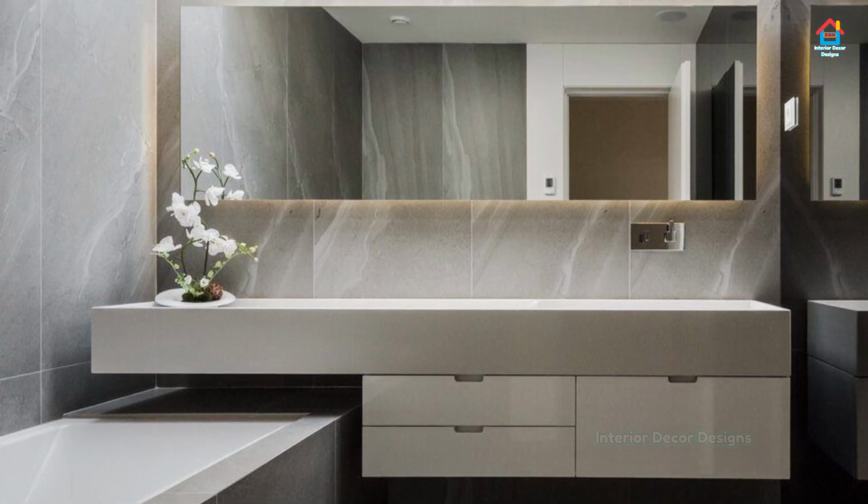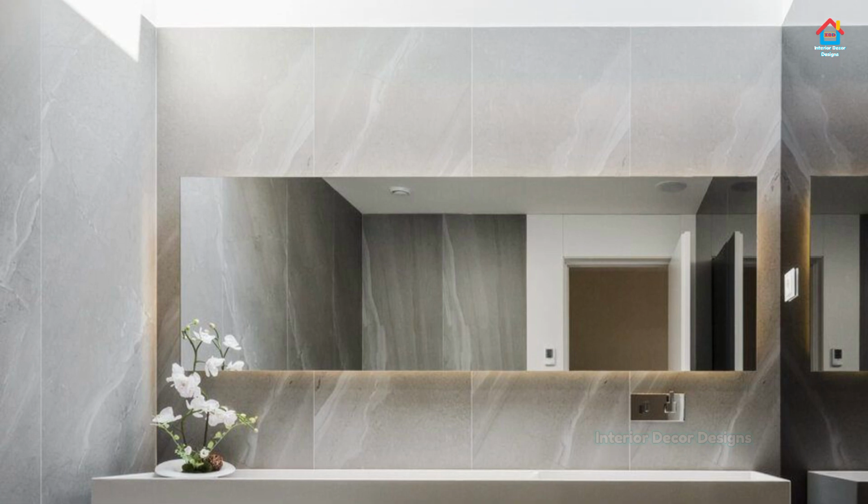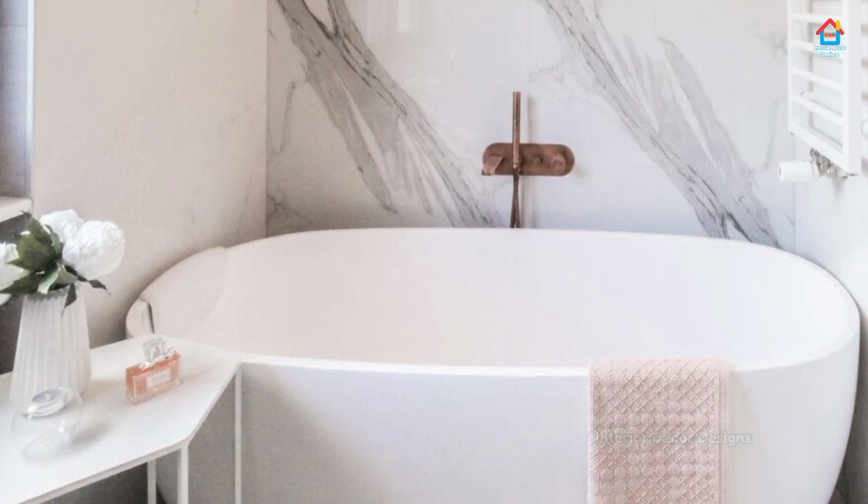It is not just colors and patterns of tiles that are getting more diverse. Manufacturers are also playing around with the shapes,